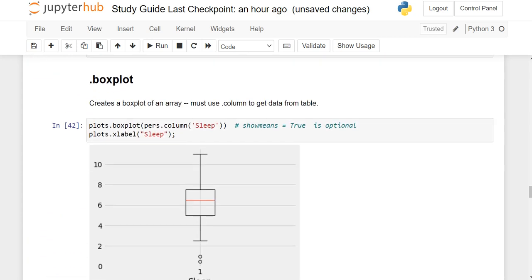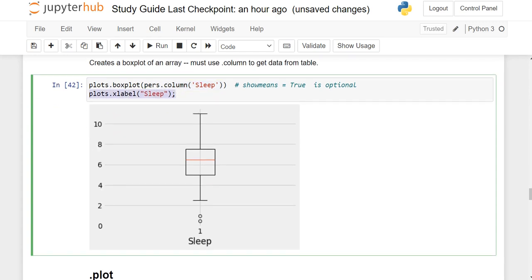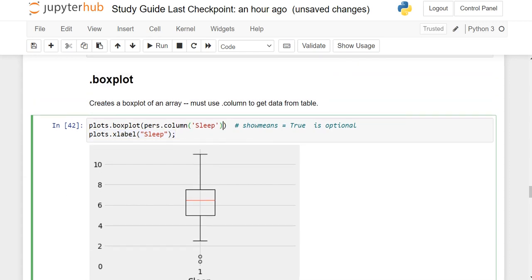Box plot is a little harder. This plots is actually from the initialization code. And what do we do? Well, we specify a column. And why column? Well, the box plot needs an array. So column spits out the array values for sleep, and the label, I don't have to put the label in, but that's helpful. It just shows me what to do. The labels are especially helpful when I do side-by-side box plots. Okay, and then the show means equals true. So you can just run the example that way if you'd like,